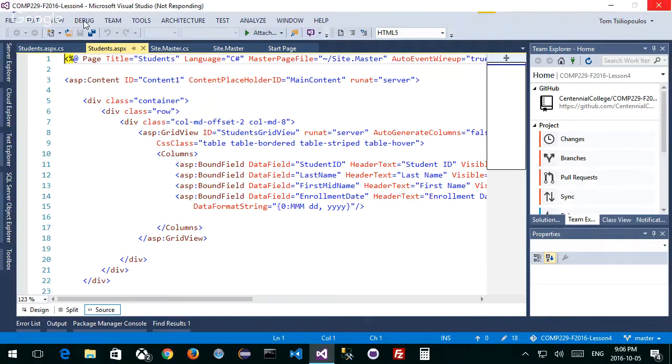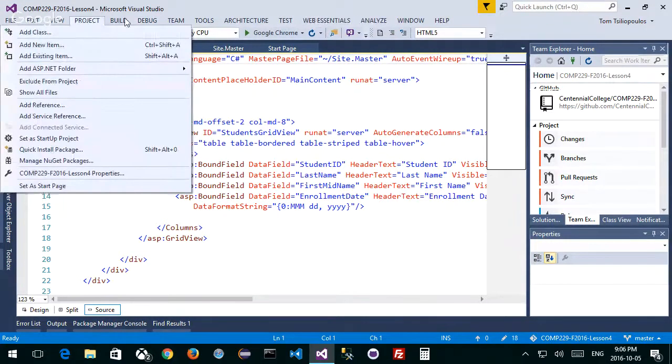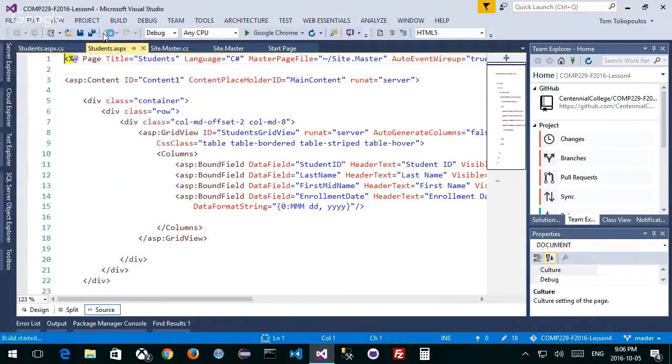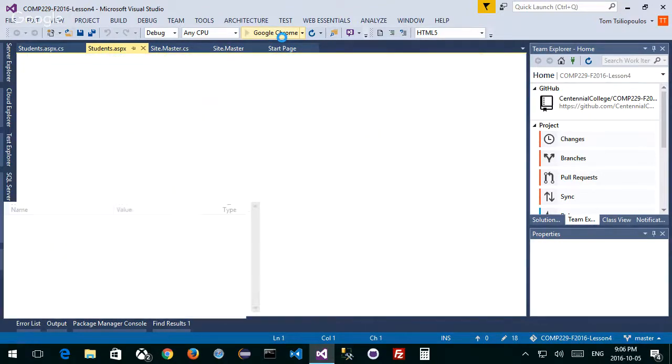The first thing that I want to do, remember, is after I launch, I want to build my application. If I download this from GitHub, I want to build, and then I want to run. Let's wait for this to finish building. Building started, build succeeded. If I run it on Chrome with debugging, it's going to show me what we had last week. Remember, we created a students page that read from my local database.